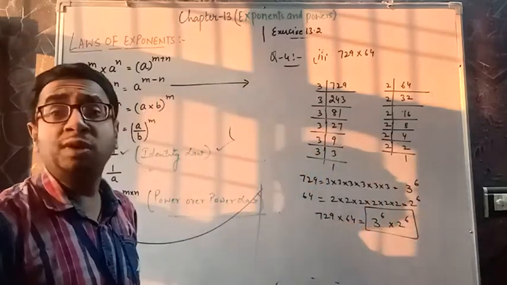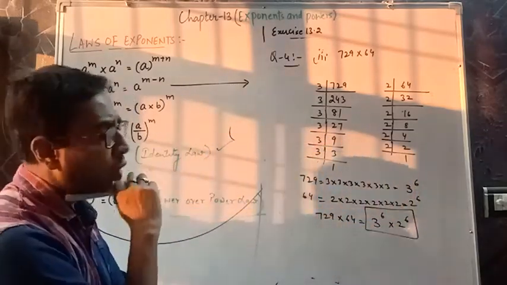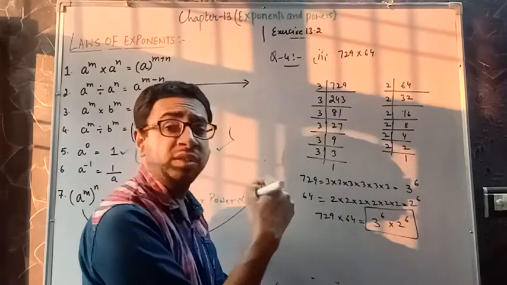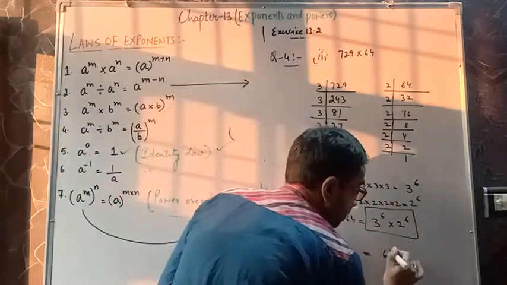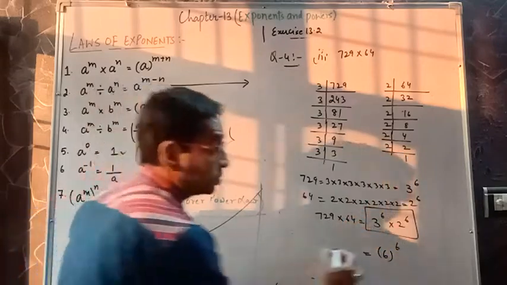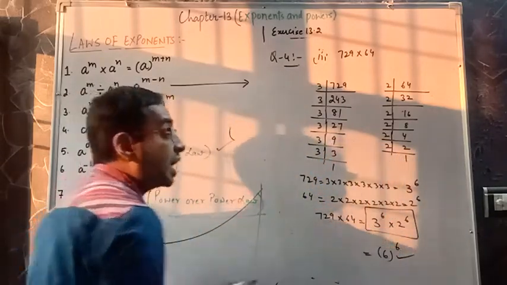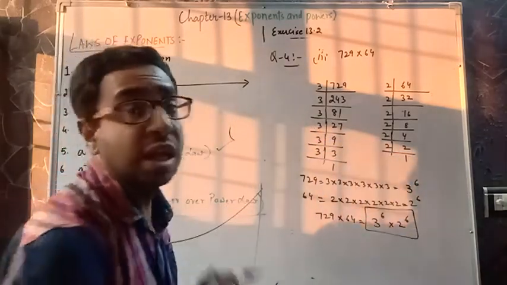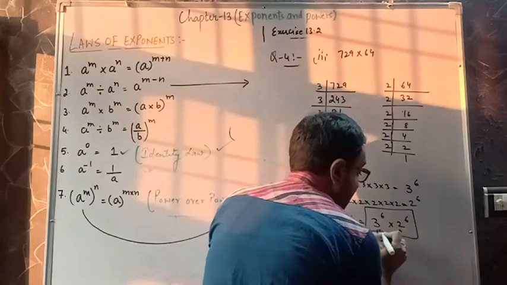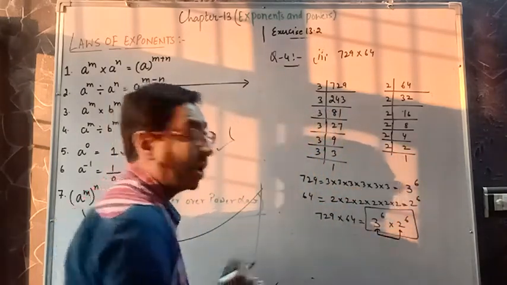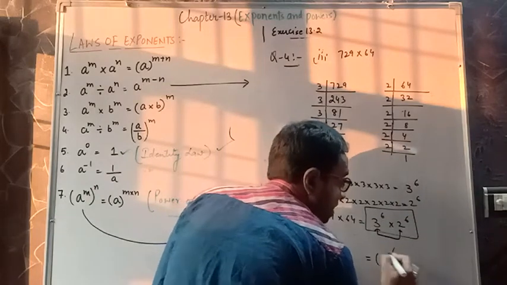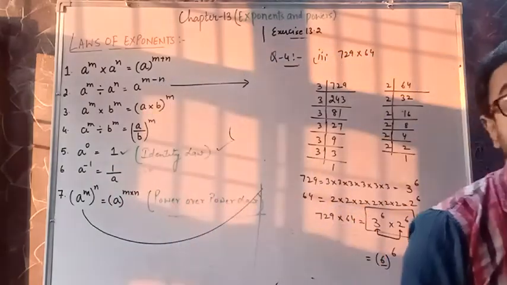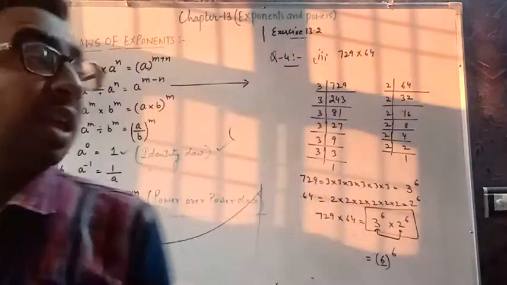My brilliant students might be thinking, sir, we can apply the laws of exponents here also. The exponents are the same, the bases are different. In that case, the answer would be 6 raised to power 6. So can we write this also? Though you are correct, we cannot do it because as per the question, we have to represent the answer in prime factors only, the prime numbers only. 3 and 2 are prime numbers, but if I write 6 raised to power 6, the answer is not correct because 6 is not a prime number. So are we clear? That is also a very important case. Any doubt anyone is having?